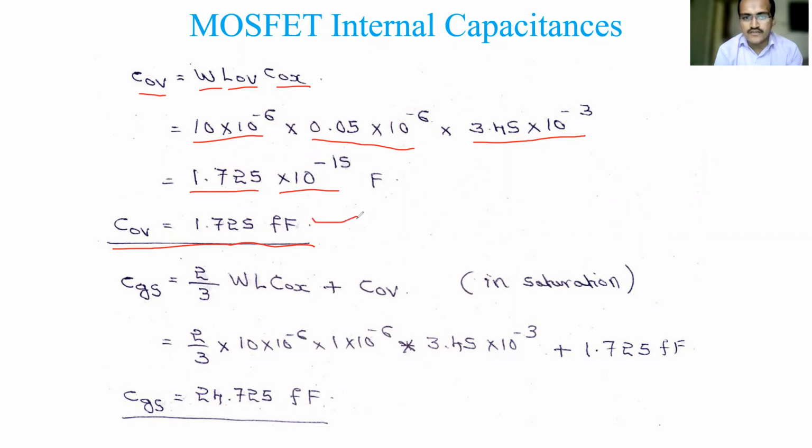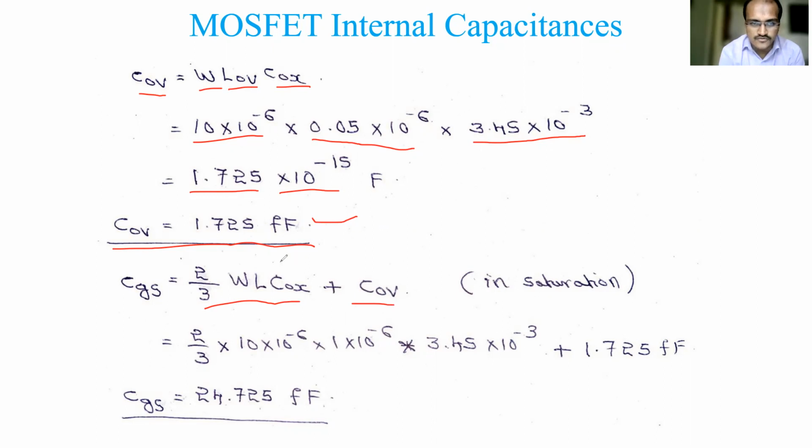So next we need to calculate the gate to source capacitance, which is in the case of saturation. In the case of triode region, it is 1/2 W L COX, right? And in the case of saturation, it will take a tapered shape. Because of that, its value is 2/3 W L COX. Along with that, we need to add COV. This we have told in the fourth point, right? In addition to all the above formulas 1 to 5, we need to add the overlap capacitance. That's why in calculation, we'll add that value.